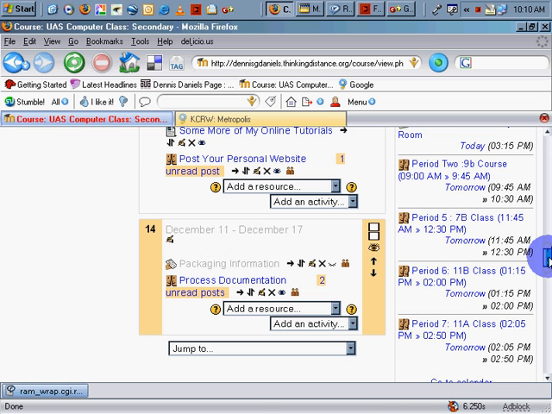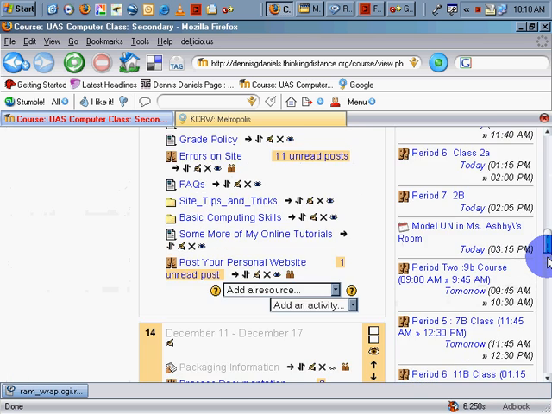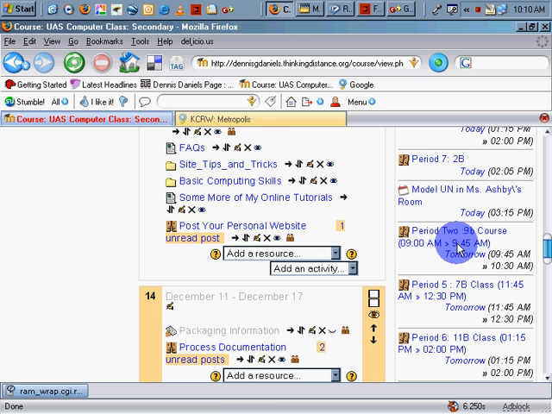I have turned off the toggle week view, so I'm only viewing one week right now. Show all weeks, and I've only set it to view week 14. This is the basic interface, and you'll see that I have a number of icons next to each one of